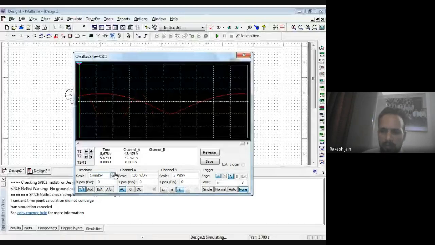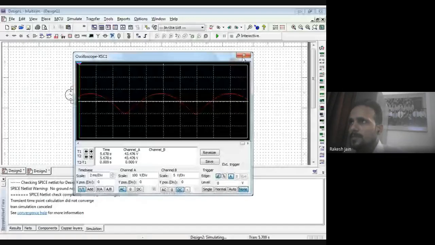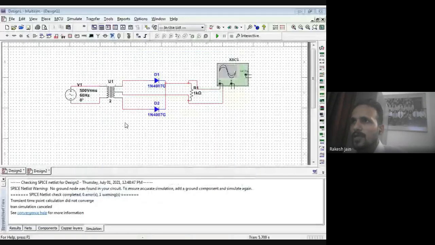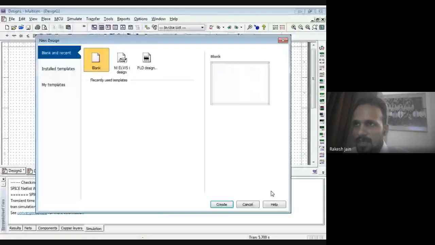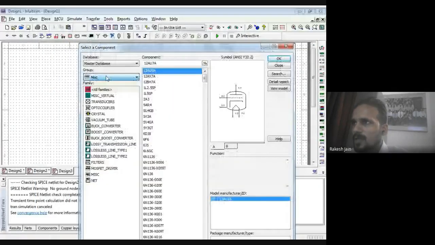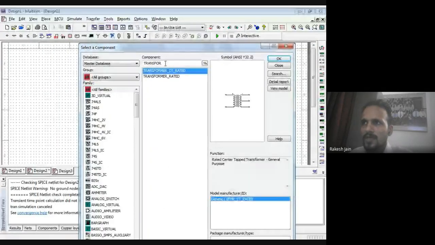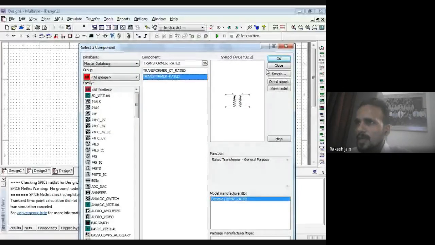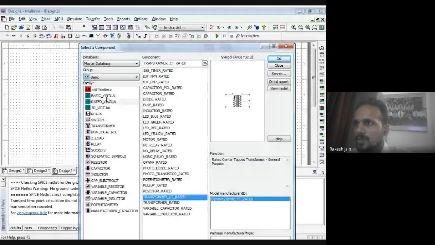Okay, so this is a half wave rectifier. This is a full wave center tap rectifier. Let's suppose I wish to check now a half wave rectifier. So see very fast. I just open a new file. Very fast I will check. Now I require only a single transformer. So I just click here transformer. So I need a simple transformer. That's why a simple transformer is here. Then I need a diode. So go to diode. Just a single diode 1N4007 is connected.